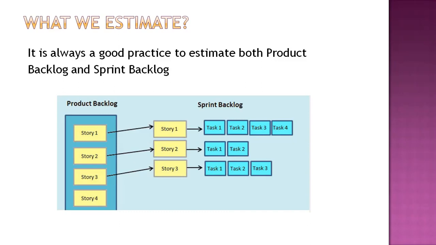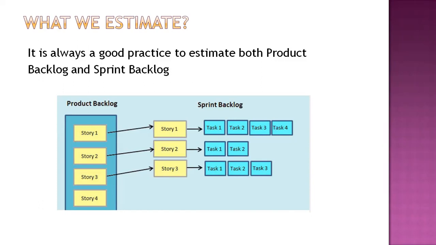So now in this sprint also we need to estimate. You have a sprint goal for every sprint. As a team, you will commit to the sprint goal and you will pull the items from the product backlog to the sprint backlog. That will help you to achieve that sprint goal, right? For example, you want to ensure your product is getting the login functionality and search functionality. That means your target is that at the end of the sprint, our team is going to deliver login functionality and search functionality of the product. That means all the login related user stories and search related user stories, we will be putting into our sprint backlog.